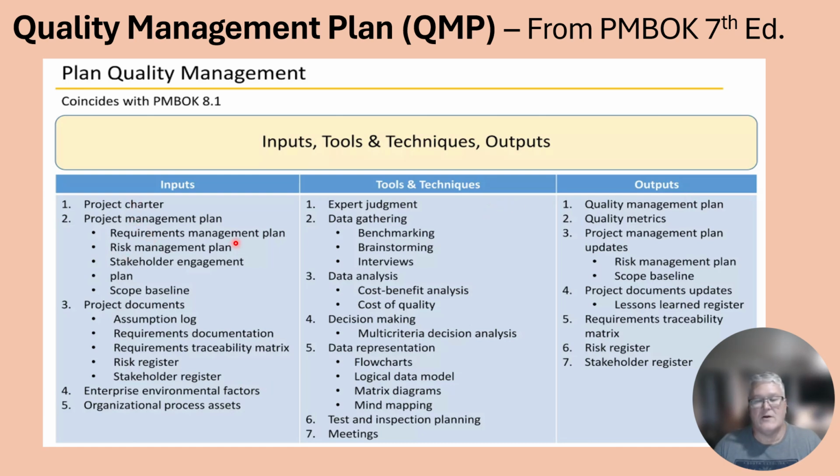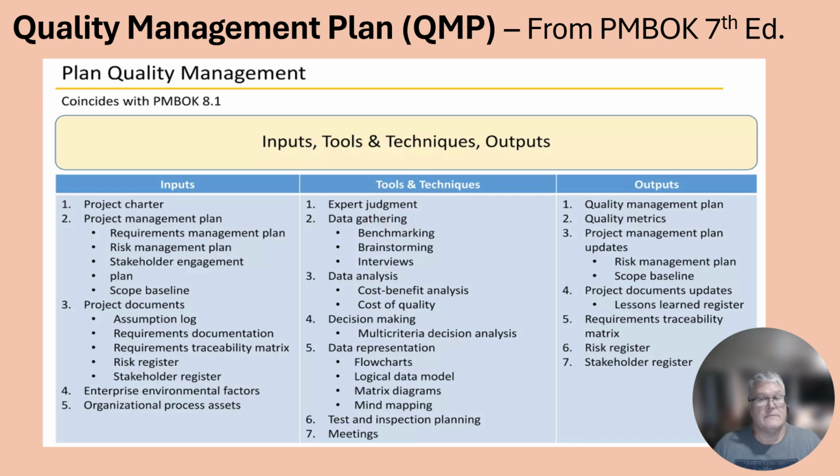So these are terminology you ought to already be aware of: requirements plan, risk management, stakeholder engagement, scope baselines, assumption log, registers, stakeholder, and so on and so forth. Here's tools and techniques, and then outputs. So I put this on for reference,